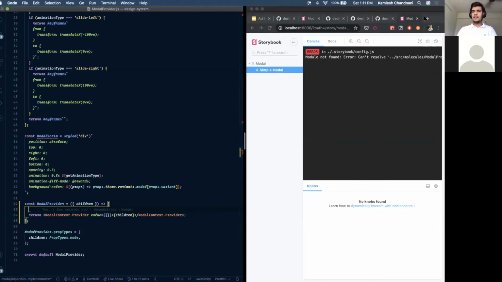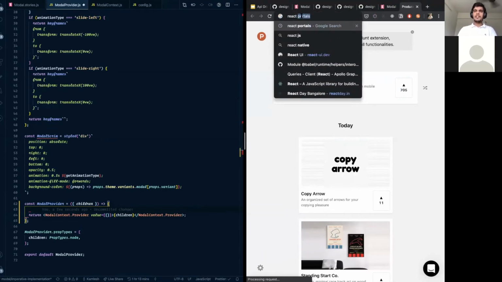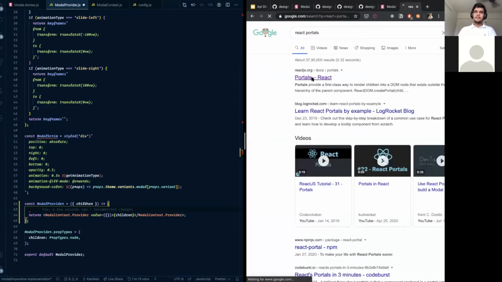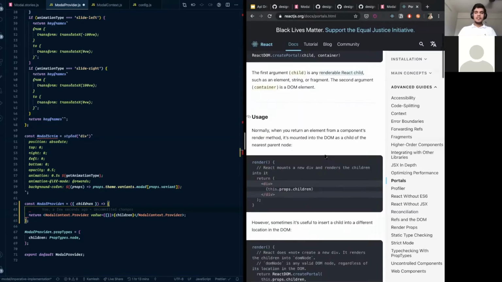For people who are not aware of portals, portals are something which is rendered outside your DOM tree, but still React has control over it.